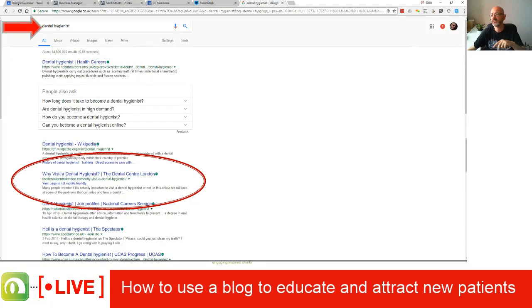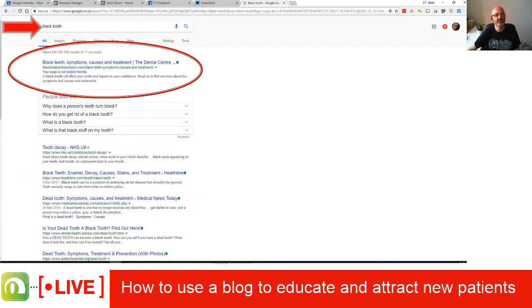So we're number 2 in the search results for dental hygienist, just a fraction below Wikipedia, which is fabulous to get so high in the search results for such massively generic terms. This is another one, black tooth. Now this one is higher than the NHS, and it's also above the people also ask. So if you really get a blog post right, and Google really likes that blog post, you can get massively